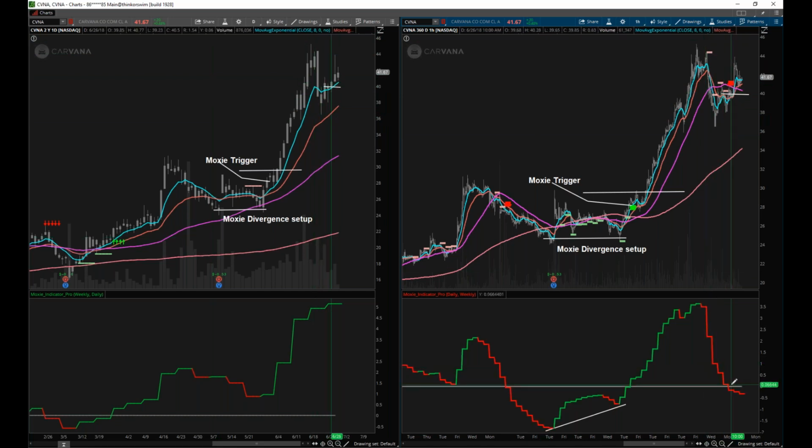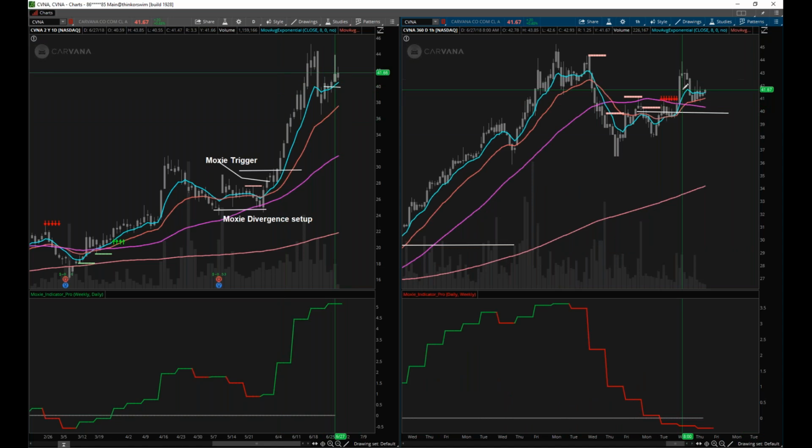And then I actually got the price trigger exit. So you can see here, this is where I actually exited the last of my position. Now you say, well, price is up here. Yes, it is. Price is on top of the 50, but look at the indicator. The indicator is below zero. This is negative divergence. Price should not be up there if the indicator is down here. And so I am not touching this thing right now.